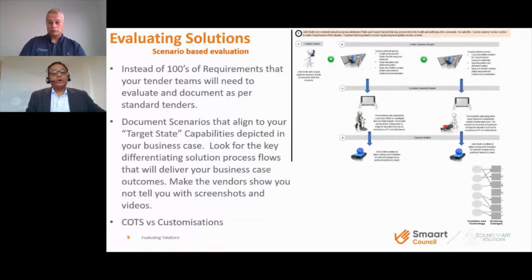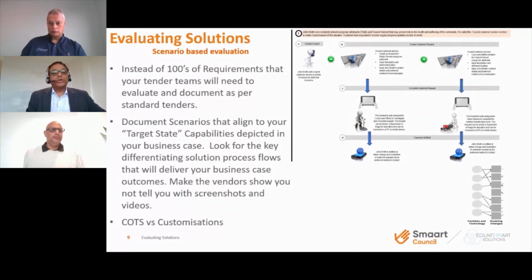The approach would be to adopt the best practices way of implementing an automation solution, and also looking at the journey mapping. Even if you're looking at the customer-centric view, it is the same approach. We have an end-to-end process for a customer registering a pet or making a general inquiry with the council. So if you have those end-to-end processes, when the vendor does the demonstration of the solution or walks you through this end-to-end process, you get an overall picture of what the touch points are, what the experience is for the customer, what the experience is for the supplier, and how things fit in place together.